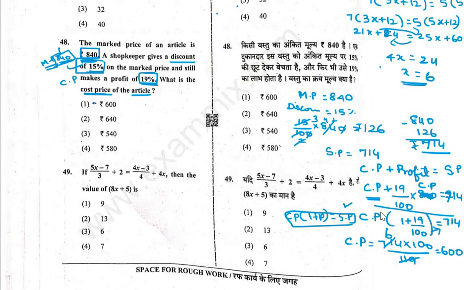So if you are selling something, how can we calculate the selling price? CP plus profit on CP. Suppose I am buying a dress for 10,000, what is the profit according to 10,000? It depends upon the cost price. Therefore, the formula is like that. So the original cost is rupees 600. Come to the next question.